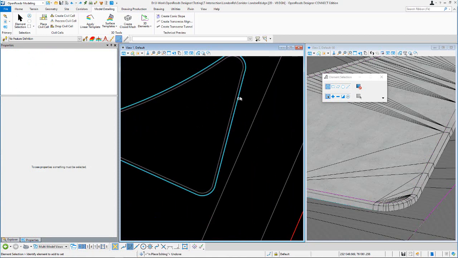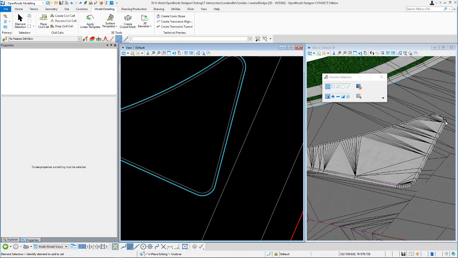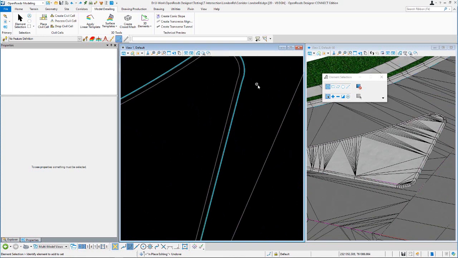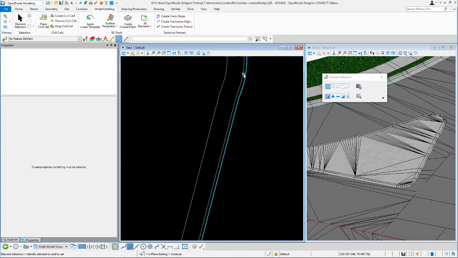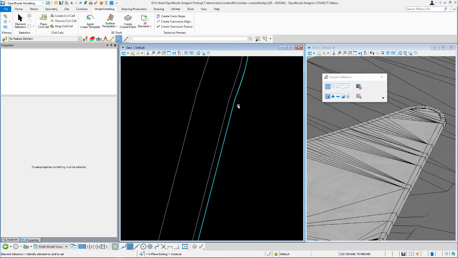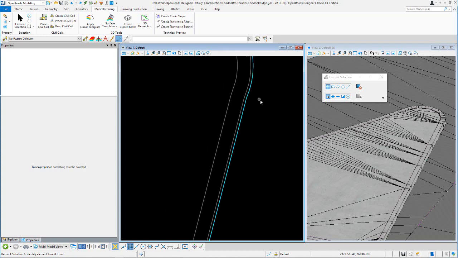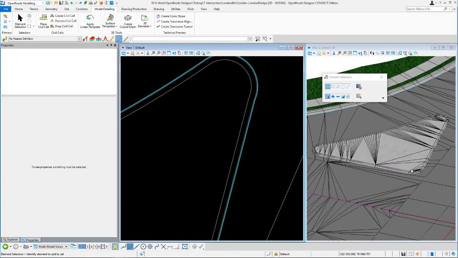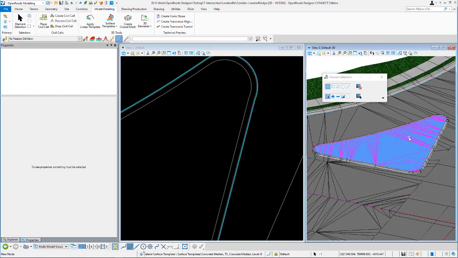When we made this edit, everything held up pretty good, and we just got a little bit lucky. Once you actually change these offsets, you can see what's being introduced is really a kink right here at the PC. In other words, you can physically see that that curve is no longer tangent to this. And if you do run into an issue, where you see a warning, or this terrain, this surface area just disappears on you,